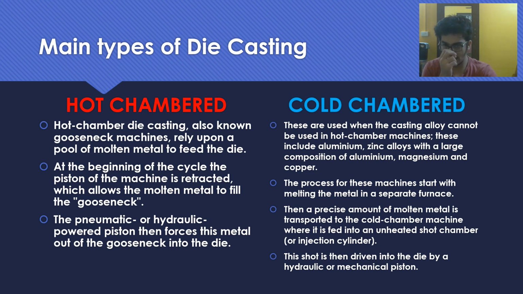In cold chamber die casting, it has a piston that is a shot in which precise amounts of molten metal, molten in a furnace at a different place, are poured and then shot at high pressures into the die. In hot chamber process, metals that have low melting point only can be used. This limits it to zinc, tin, and lead-based alloys. A cold chamber process doesn't have such a restriction. It can use aluminum and zinc alloys with a large composition of magnesium and copper too.